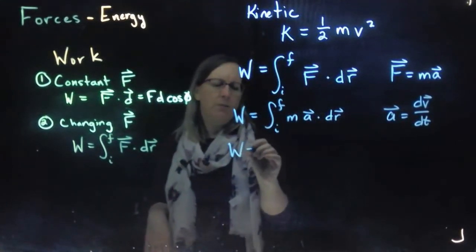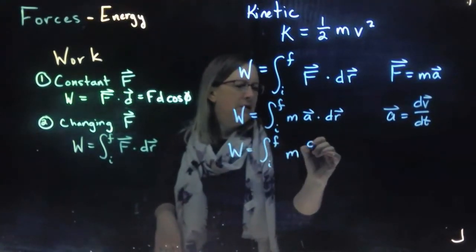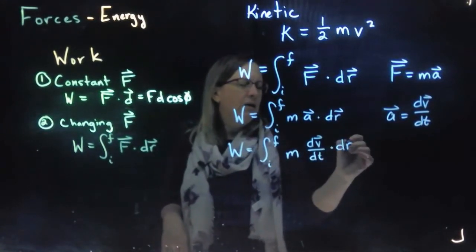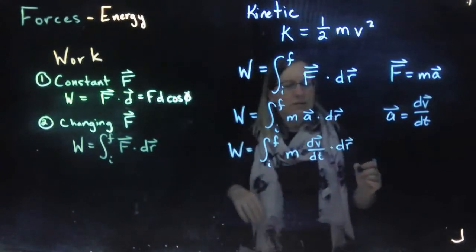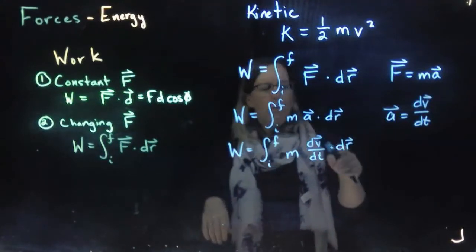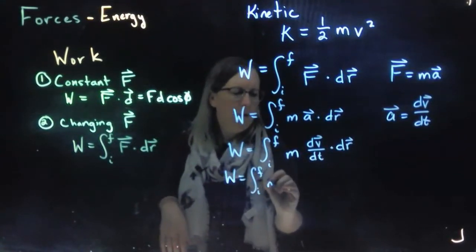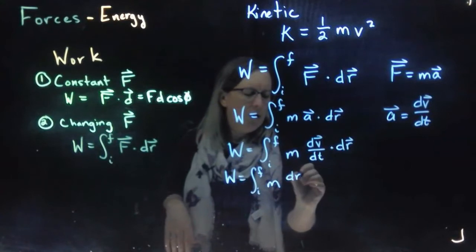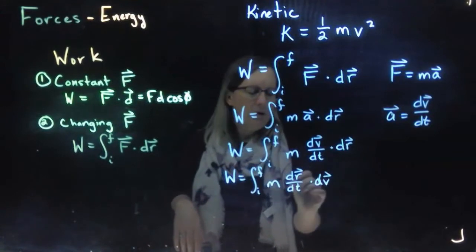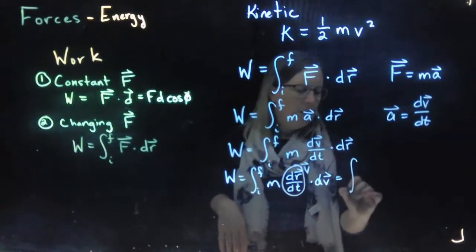And so this becomes the integral from initial to final of m dv dt dot dr. And then you can do sort of a sleight of hand, it's really a chain rule kind of argument here, but this can become then dr dt dot dv. This becomes v, and so this becomes then